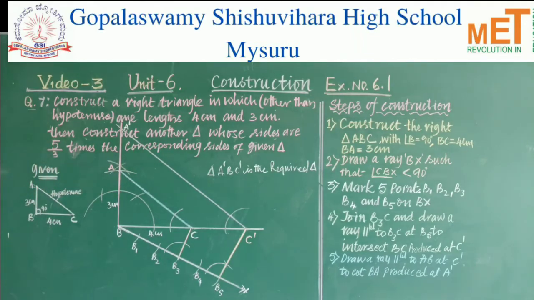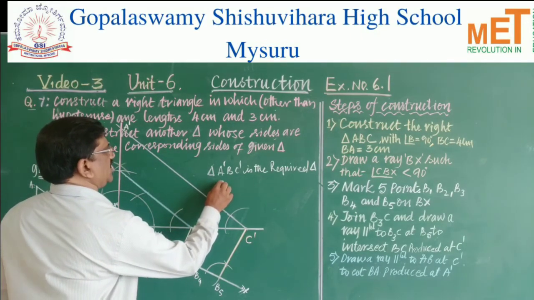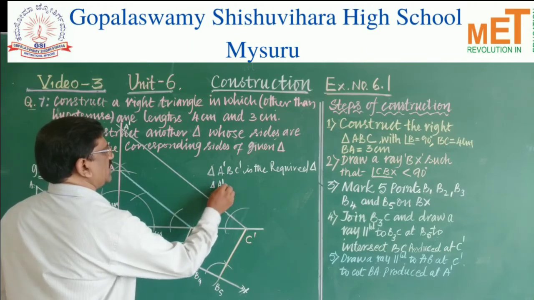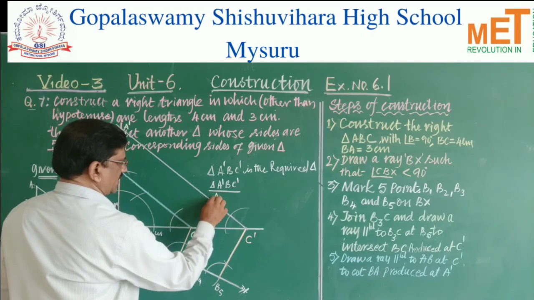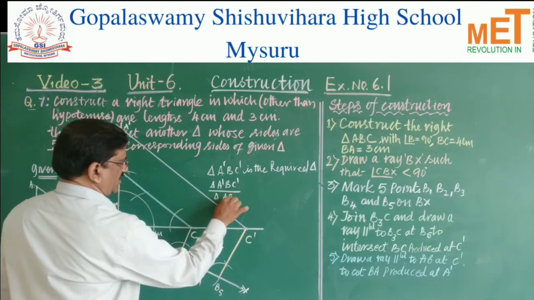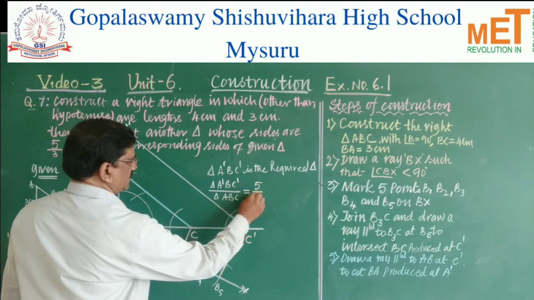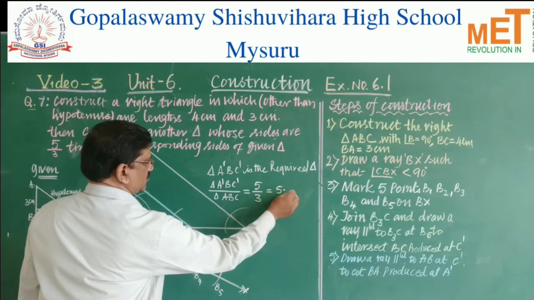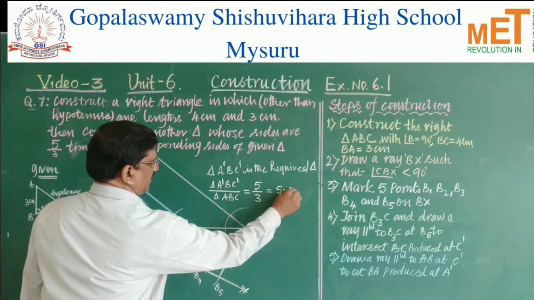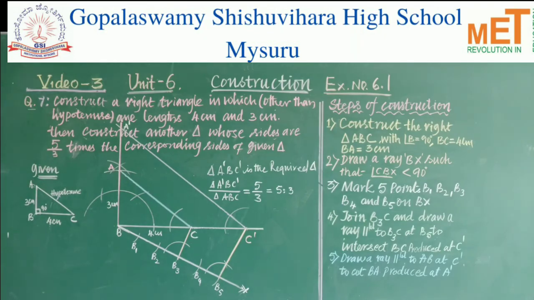Okay. Now the ratio of triangle A dash B C dash divided by triangle ABC is equal to 5 by 3, that is 5:3 ratio. Understood, children? Okay, take down